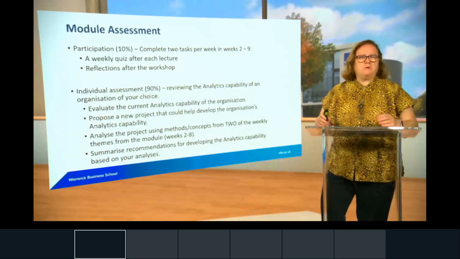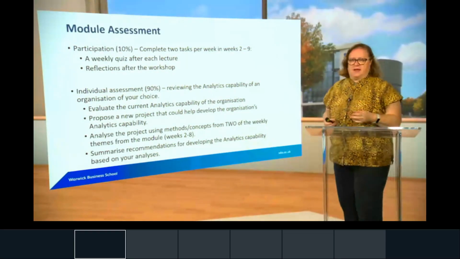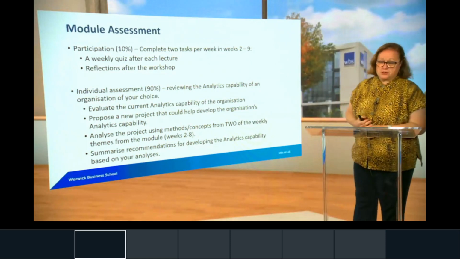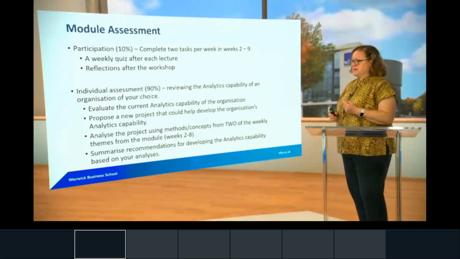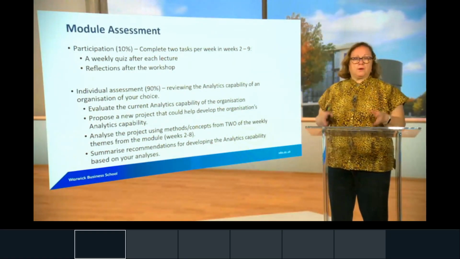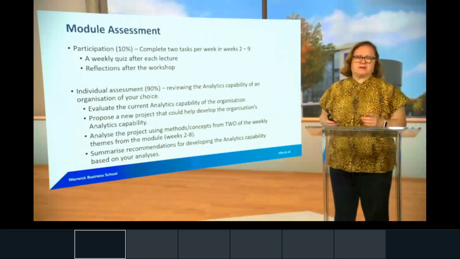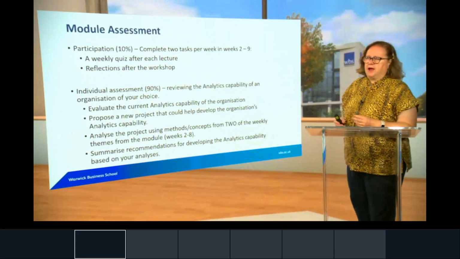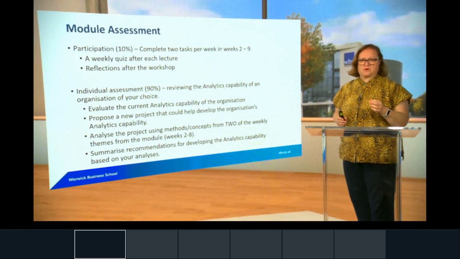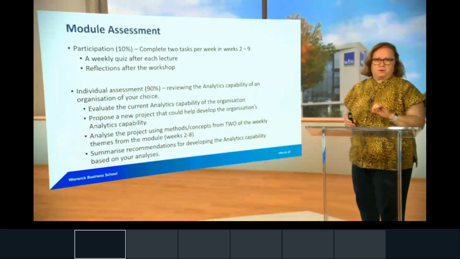So how are we going to assess you? Two components. Firstly, we want to assess how well you're engaging with the module, and we're going to do that by two means. Firstly, we're going to give you a weekly quiz, based on the week's lecture, and it'll be a very simple quiz of around 5 questions. The score that you get on the quiz doesn't count. You'll get feedback on your score, but it doesn't count. It's the fact that you've undertaken the quiz that is the really important thing.